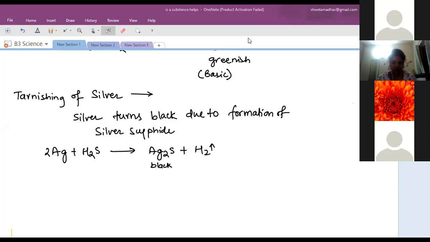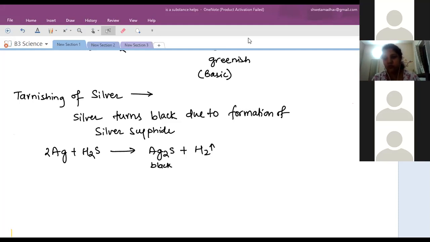And then how to prevent the rancidity? By not adding fats and oils. Ma'am, by putting antioxidants, or using inert gases, or freezing that item. One thing we can do is store those substances properly. If they are dry substances, then those can be stored in airtight containers. So air will not be available, and no oxidation will take place.